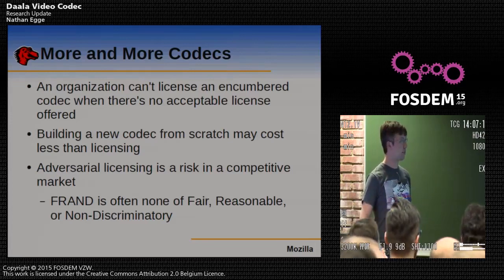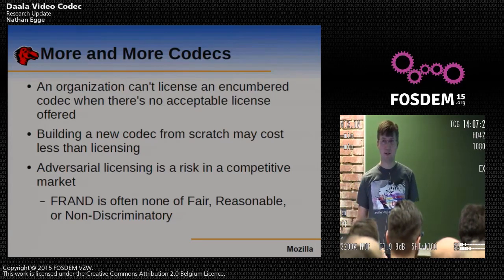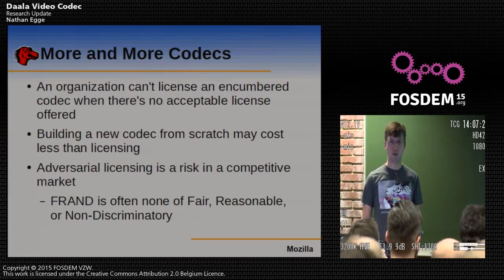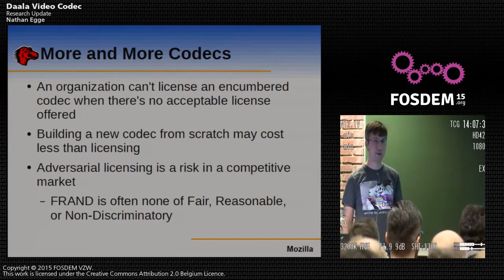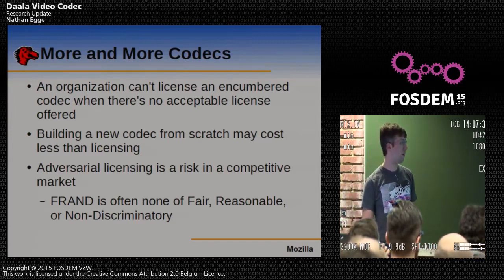An example of this is H.264. If you are deploying this to a large group of people on the internet, there is a license cap, so you can just pay the cap and not have to worry about counting the number of people. But for other codecs like AAC, there's no cap. So you're back to the same kind of problem. There's no license that works for your distribution model.